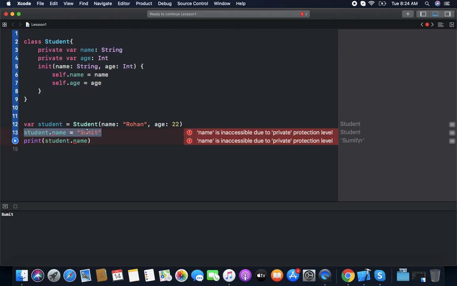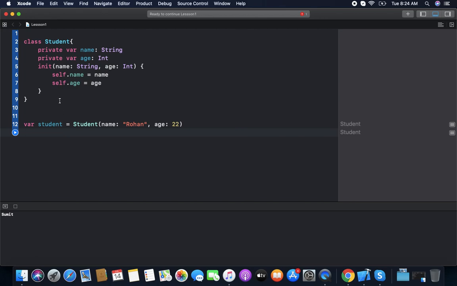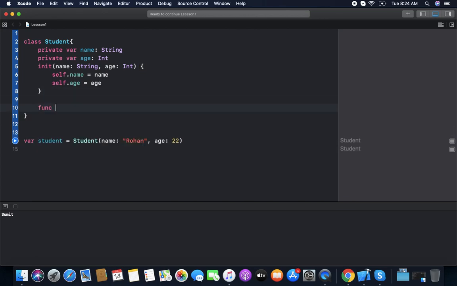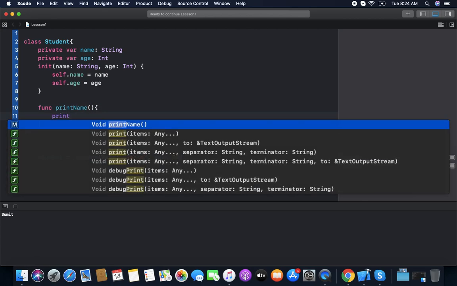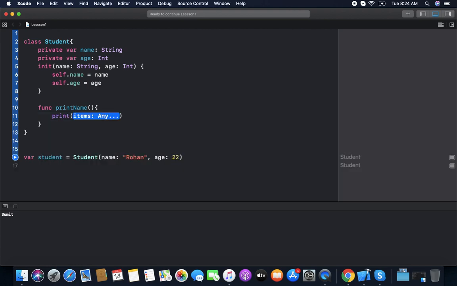If we want to print the name, we need to write a function within the class, printName, and print the name.